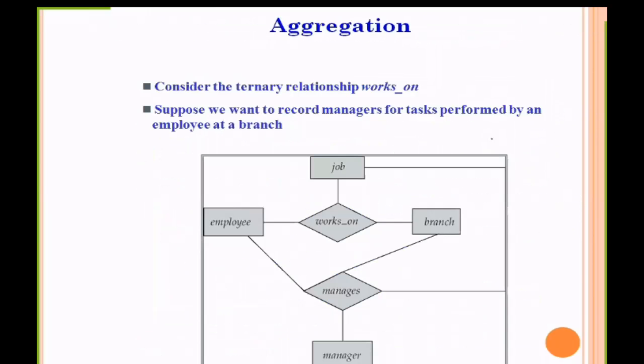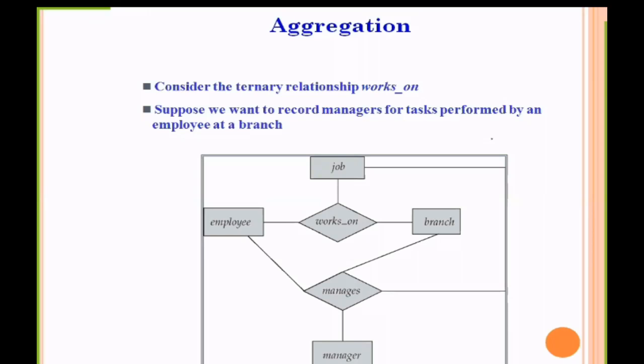Now we come to aggregation. Aggregation is an association, or we can also say it is an example of a relationship, but that relationship will be of a different type. Consider the ternary relationship as shown in the diagram.